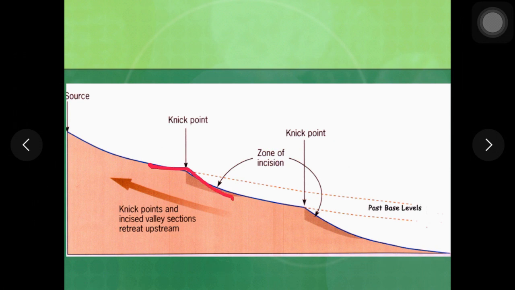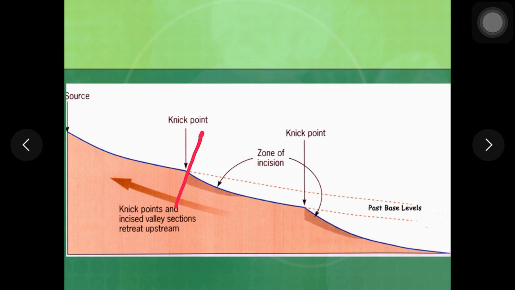in the graded profile of the river, and it is identified by the presence of rapids and waterfalls. So this point will undergo erosion in upstream direction backwards until this becomes a smooth concave upward profile. So this is one of the reasons, the regradation is one of the reasons for formation of nick points where you get to see waterfalls or rapids.